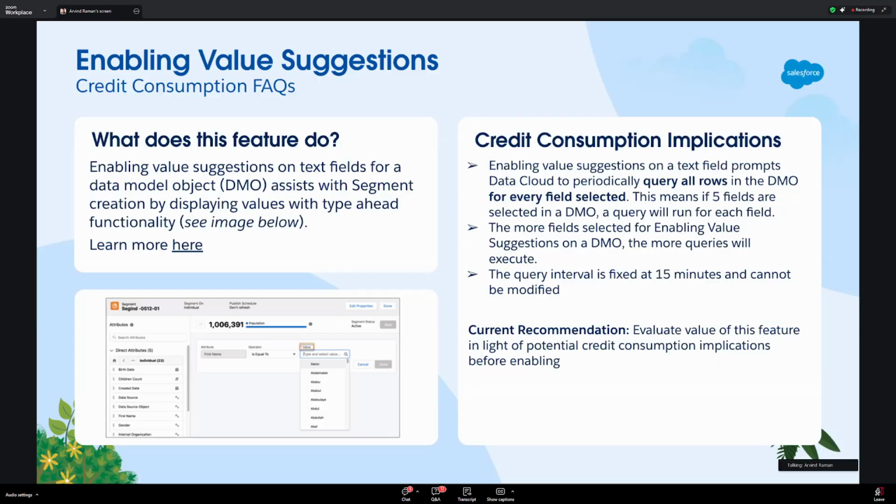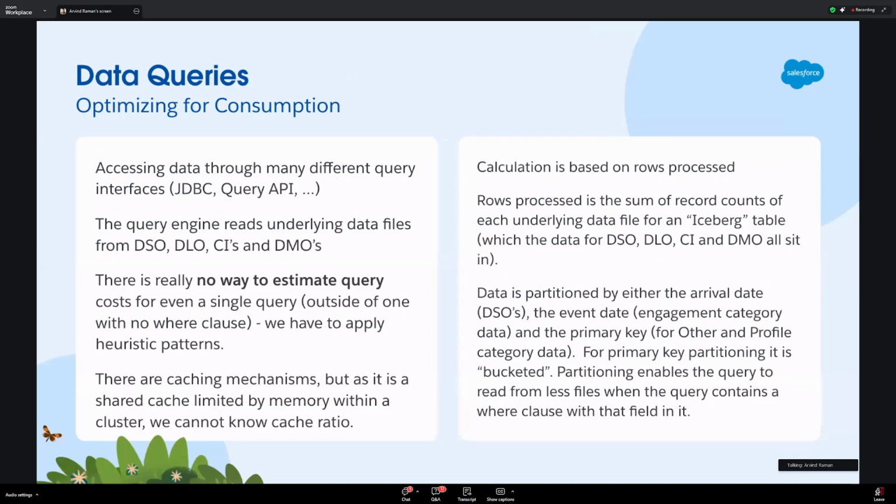Data Cloud is going to query all rows in the DMOs, and so if five fields are selected in a DMO for value suggestion, it'll run a query for each of those fields. The more fields that you select for value suggestion, the more queries will execute. So again, value suggestion is a very powerful capability within Data Cloud that makes it easier for you to segment, but as an implementer, evaluate the value of the feature, balancing out what the credit consumption is. And the last but not the least, I think, is